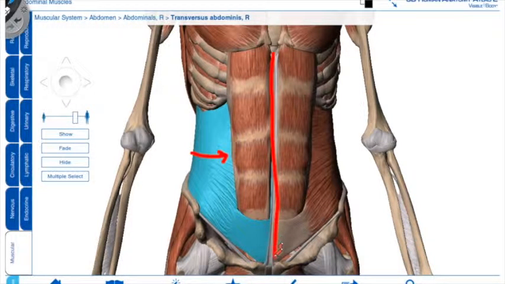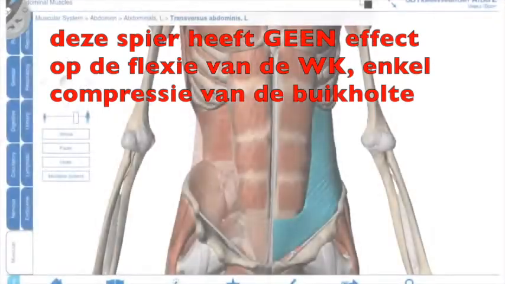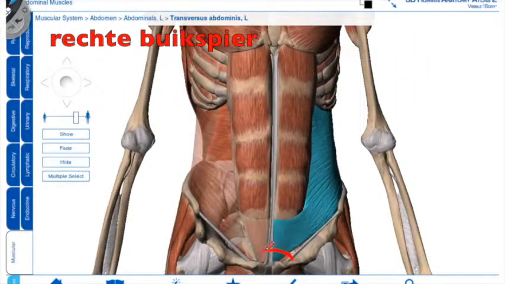When the fibers of this muscle concentrically contract or pull back towards the origin, they act to just compress the abdominal contents. So this particular muscle, because of the fiber direction, does not help with flexion of the vertebral column. The last of the four paired abdominal muscles is rectus